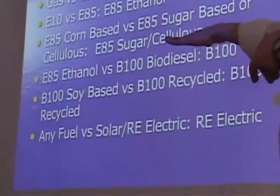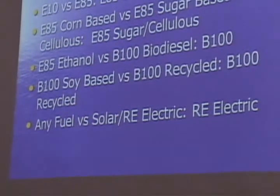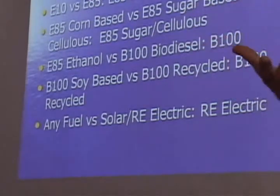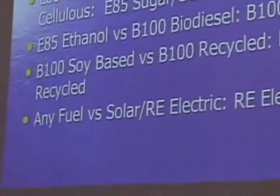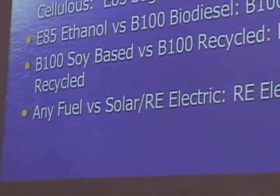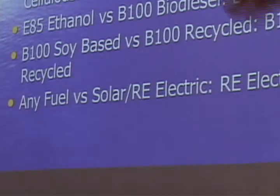So the next step is between E85 and biodiesel, B100. Biodiesel is actually the better choice if you've got a choice between the two. And when you get into biodiesel, if you've got B100 that's soy-based or farming-based, or B100 that's out of a recycled product that is something that's already been used for its primary purpose and would be put in a landfill or down a drain or downcycled into something that doesn't produce as much value, it's better to use the recycled